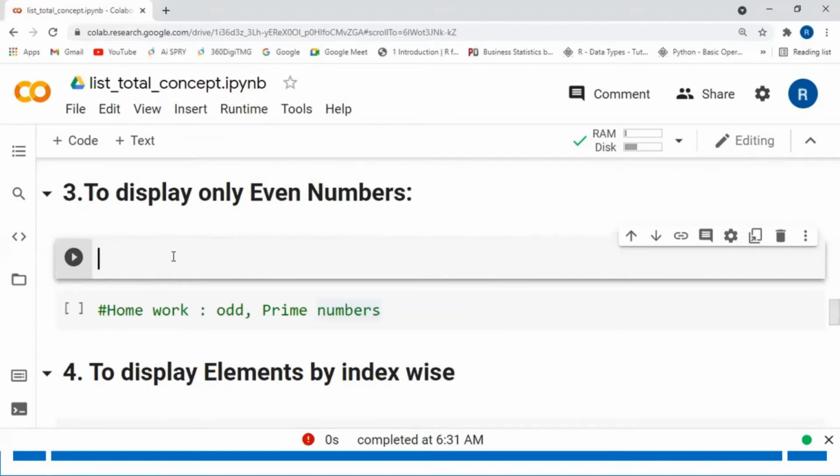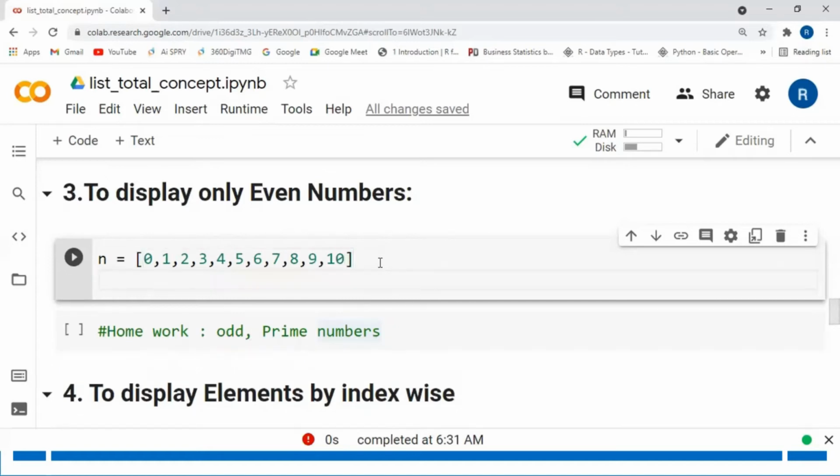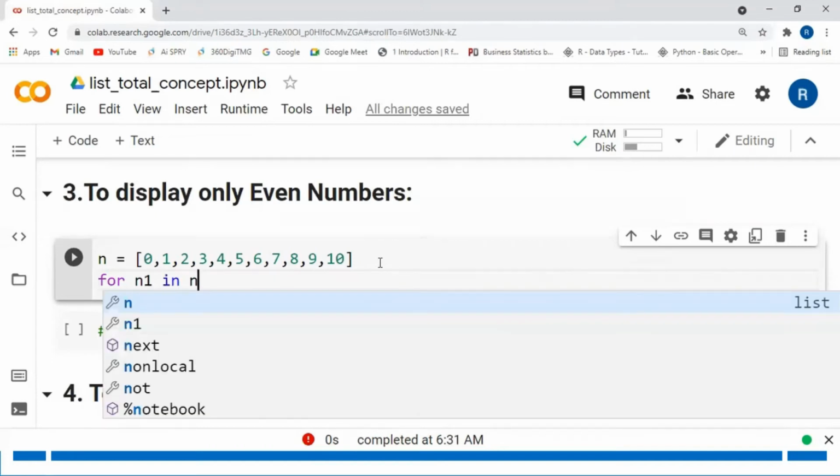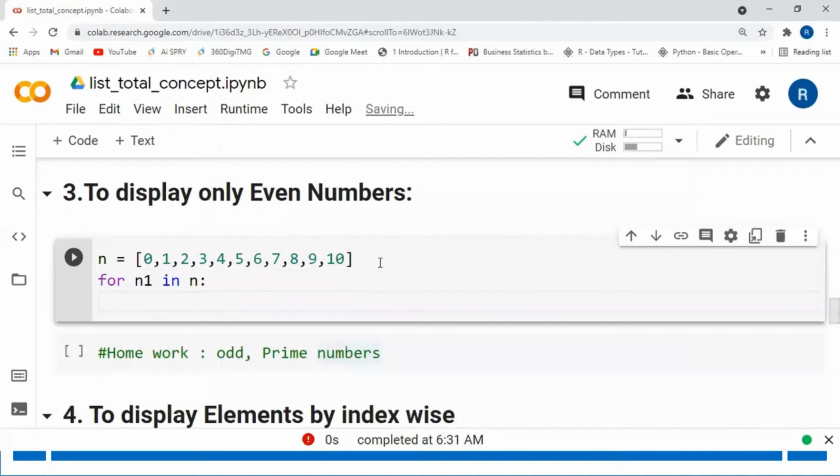Now we'll discuss how to display only even numbers from the list. Here I am defining one list: 0, 1, 2, 3, 4, 5, 6, 7, 8, 9, and 10. This is my list. I want only even numbers from the list. I'm writing for loop, for n1 in n, if n1 divisible by 2.